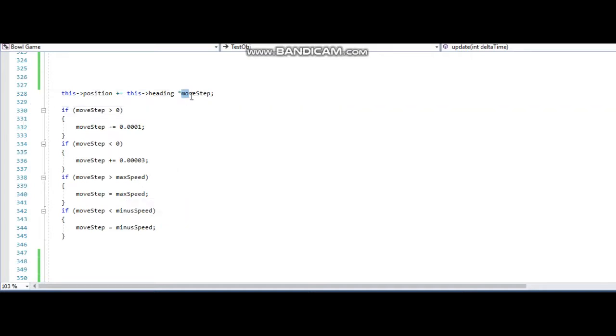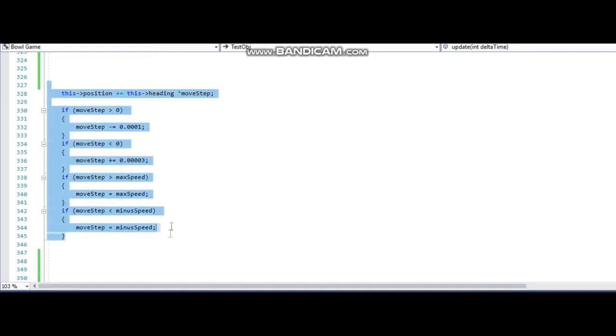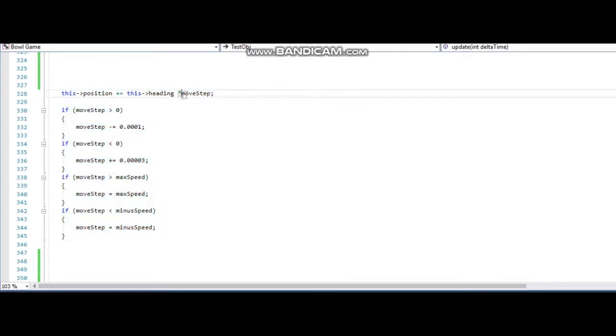I have simply defined the move step, which is 0. All of this is in update as we want it to be constantly updating. Our move step at the minute is 0, so at the start of the game our ball is going to be still at its position, and as soon as we adjust the speed of the ball, for example the power, which I'll get into later, it will move towards the heading,